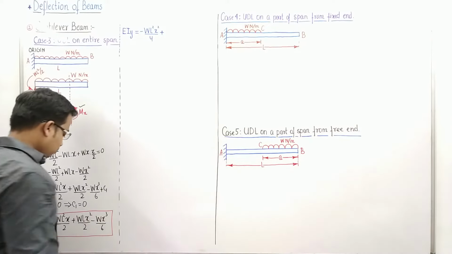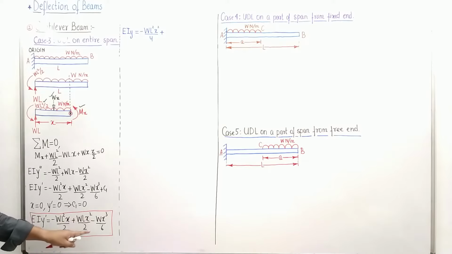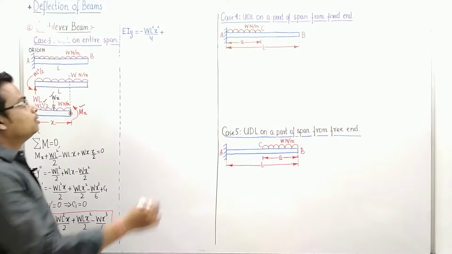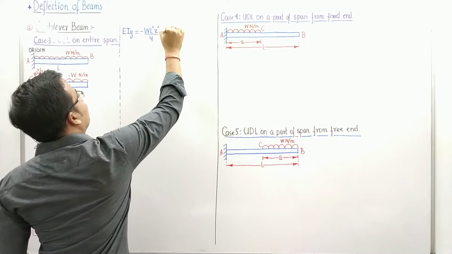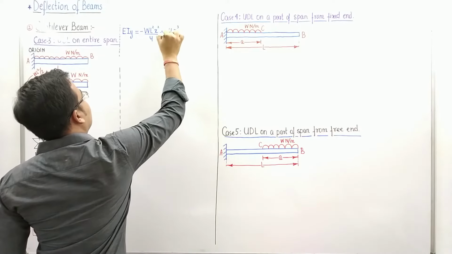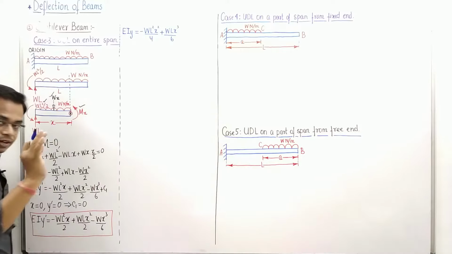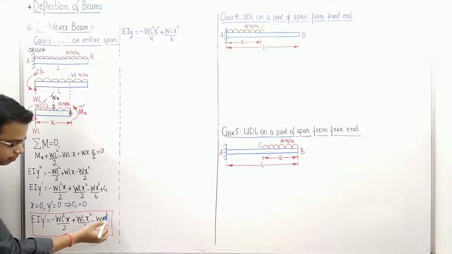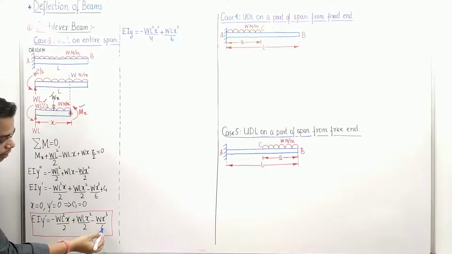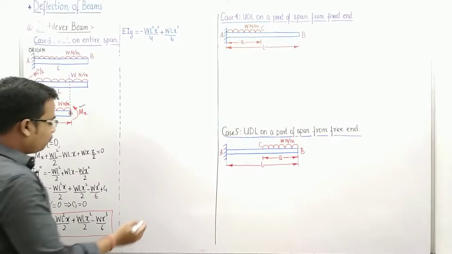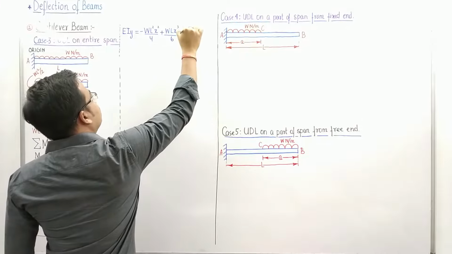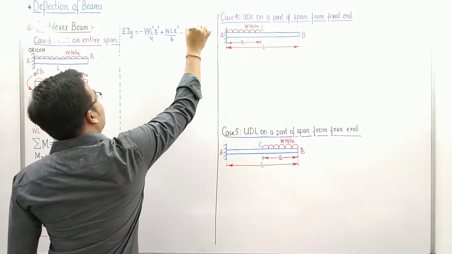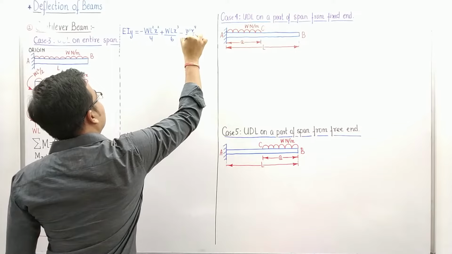Now let's look at this. What will happen? X square will become x cube by 3. Isn't it? 3 times 2 is 6. So WL x cube by 6 plus WL x cube over 6. Got to be very careful. A mistake can happen anywhere, very carefully we have to look. Then W x, this is very simple: x power 4 by 4, 4 into 6 is 24. So minus this will become W x power 4 whole divided by 24,